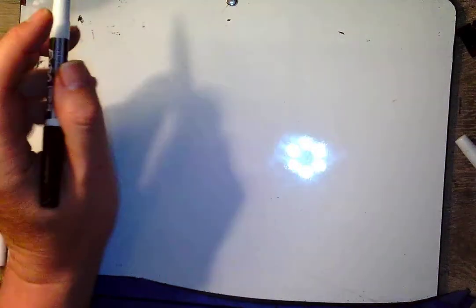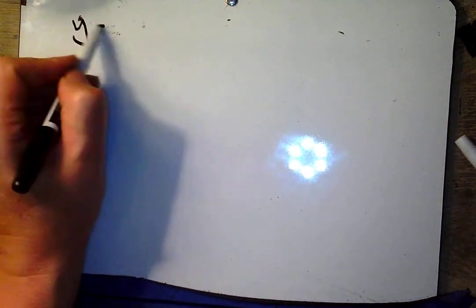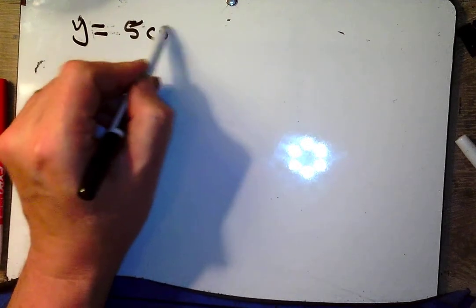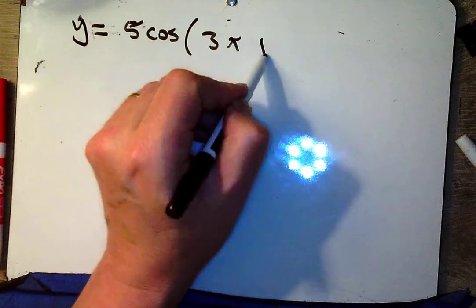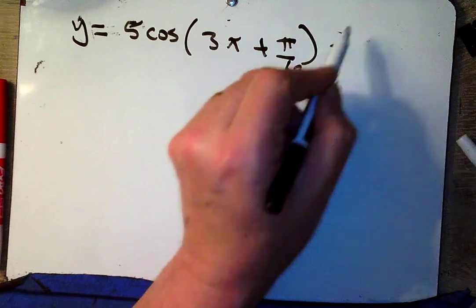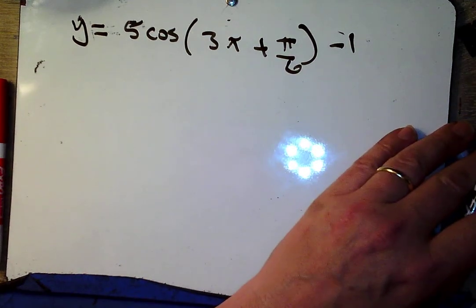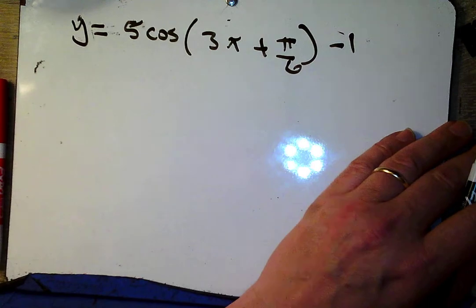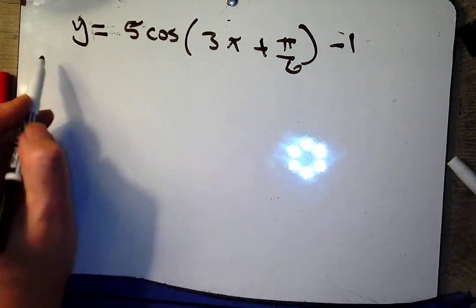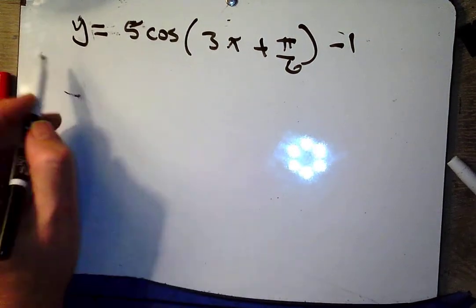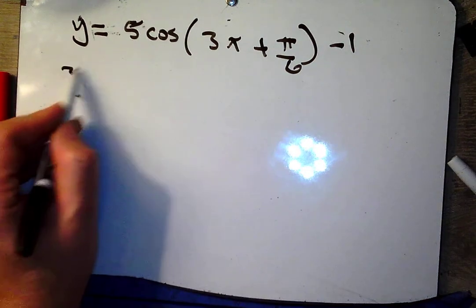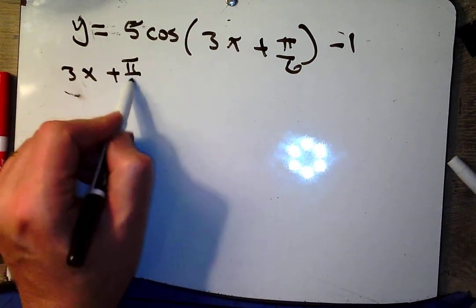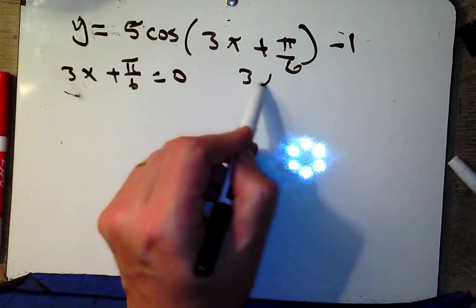So how about this one? y equals 5 cosine of 3x plus pi over 6, minus 1. Will you show me how to graph that? I want to start with setting that argument, 3x plus pi over 6, equal to 0,